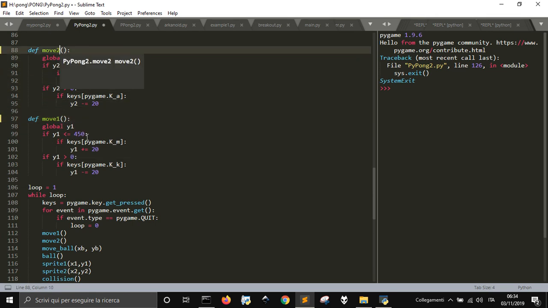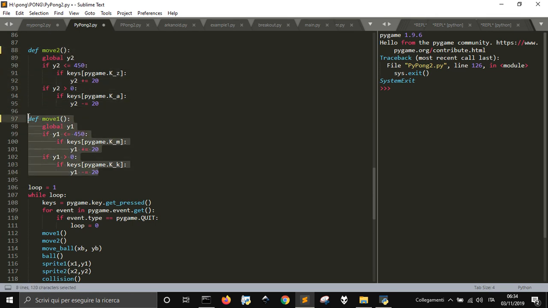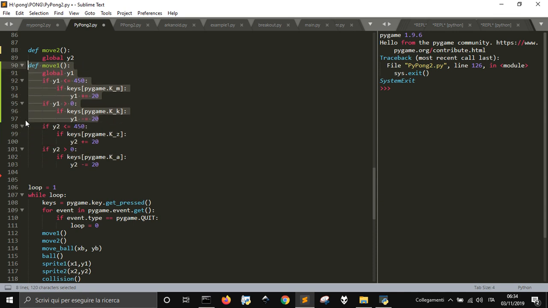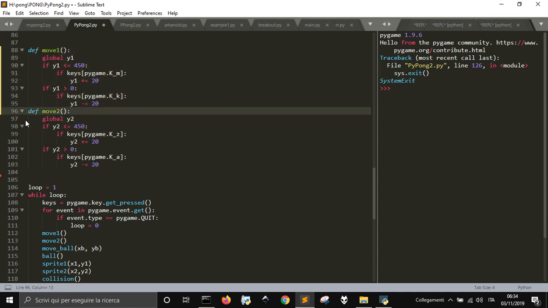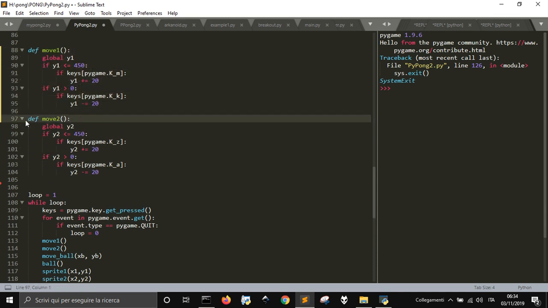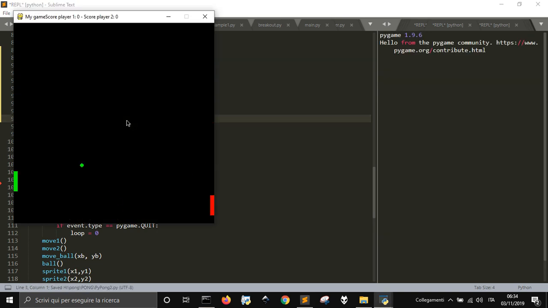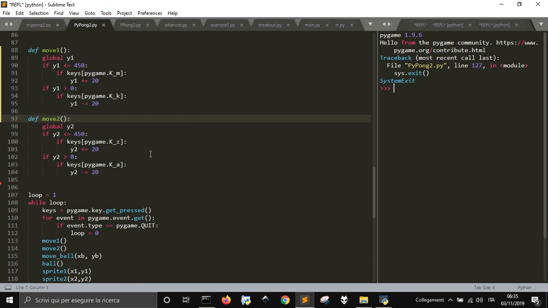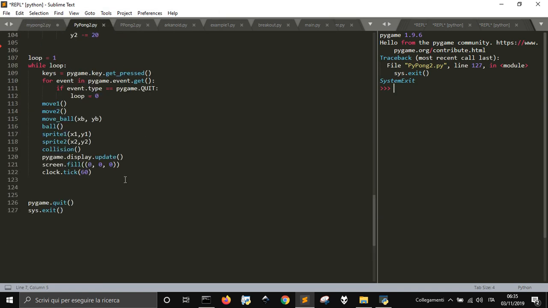Let me change their name so we do not get confused. Okay, with M and K, let me run it. With M and K, now I move the red one that I call player one. Okay, now let me move the red one with